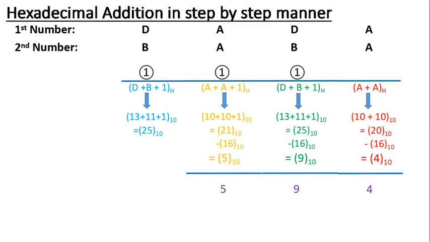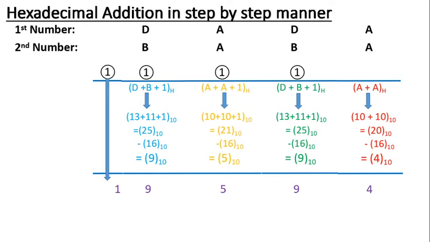Again, being not expressible in a single hexadecimal digit, 16 is to be subtracted here. So here is that corresponding step. 25 decimal minus 16 decimal is equal to 9 decimal, and 9 decimal itself is 9 in hexadecimal, which is written at the bottom. And then a carry is to be forwarded to the next. So here is that corresponding carry. This is the internal carry out of the addition of the MSB digits of the given hexadecimal numbers.